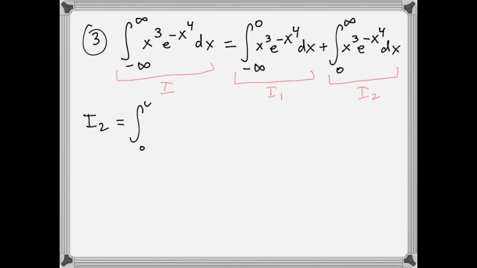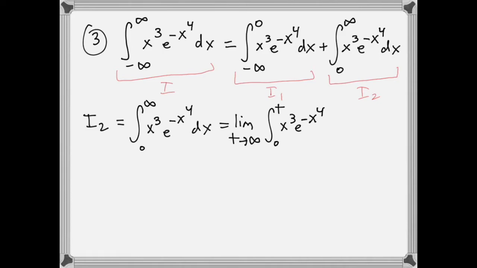I2 is, of course, equal to this guy that I wrote down earlier, which I'm going to write as a limit. Remember, this is the limit as t goes to infinity of the integral from 0 to t of x cubed e to the negative x to the fourth dx. So now what? Again, I'm going to do this integral separately. So let me try to do that over here. What would the integral from 0 to t of x cubed e to the negative x to the fourth dx